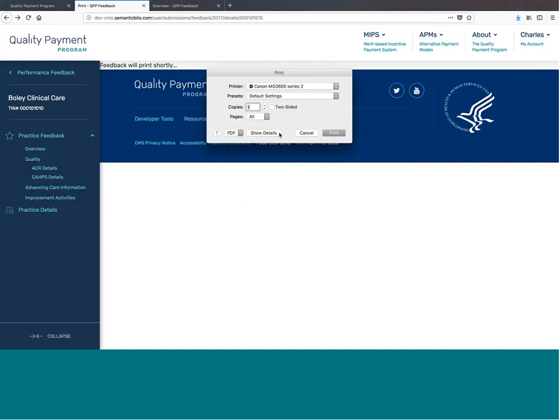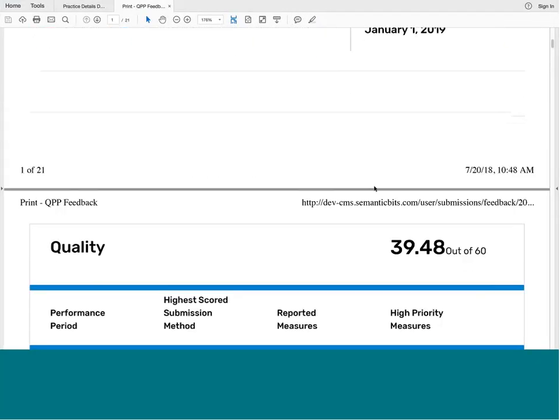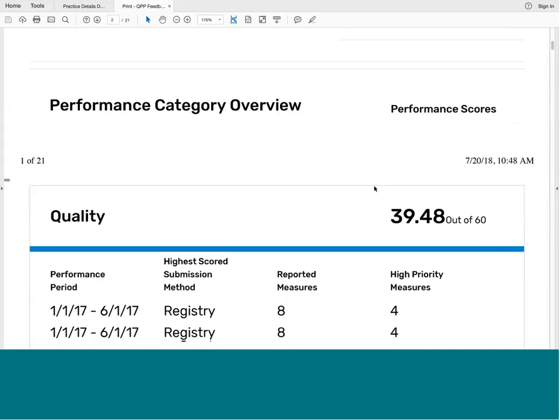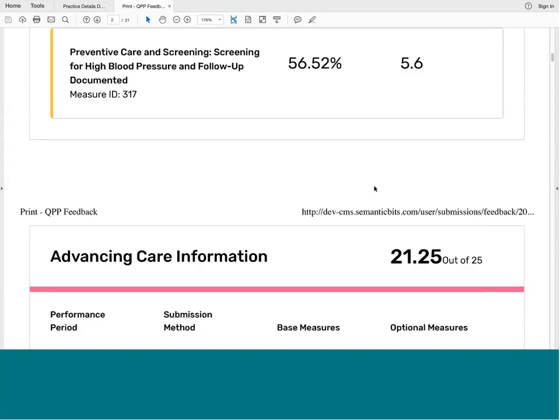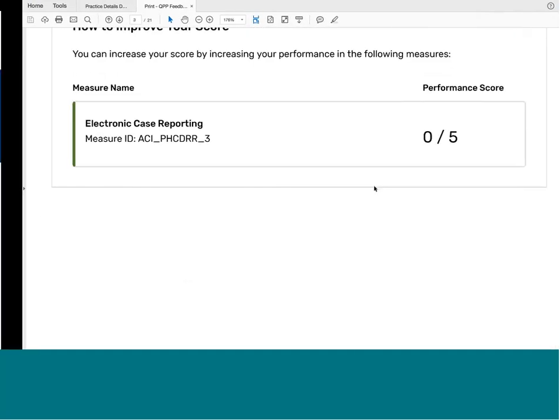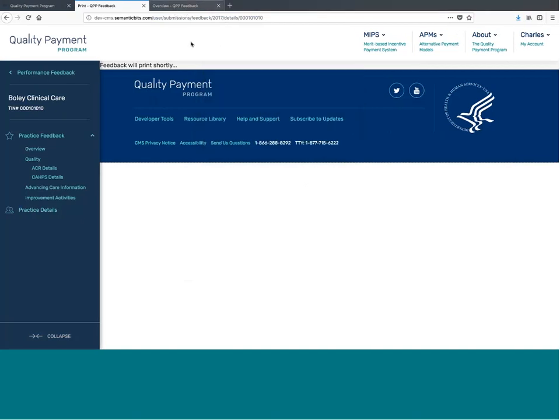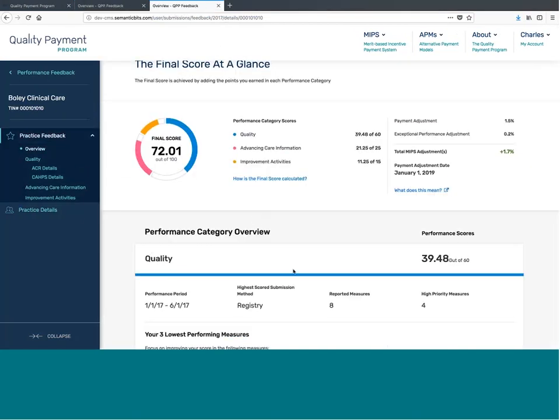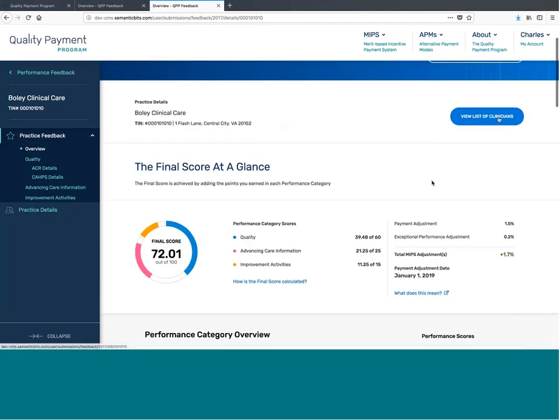For those wanting to save as a PDF, after clicking on Save as a PDF, we will then be able to view the information within a PDF format. This information will be very similar to what's available on the screen. However, it will be in a PDF screen and be able to view offline. Once we've navigated back onto the page, we can see that we have the option to view all clinicians within the group,